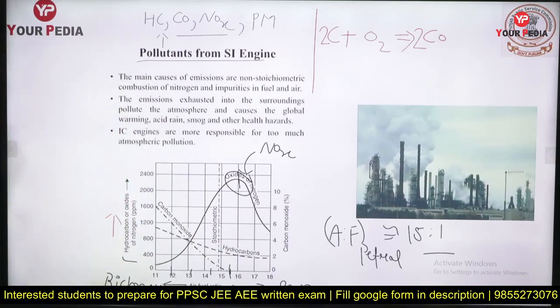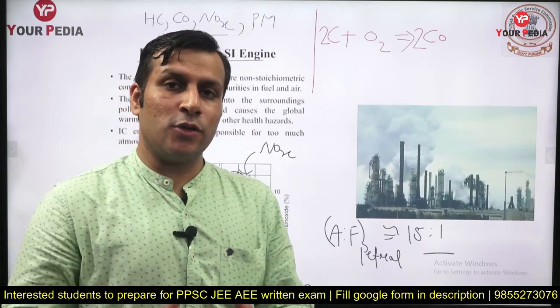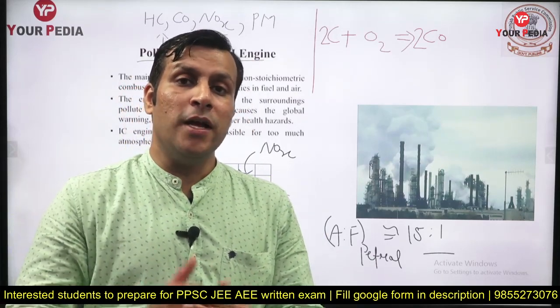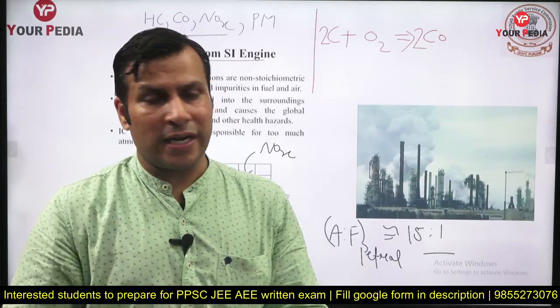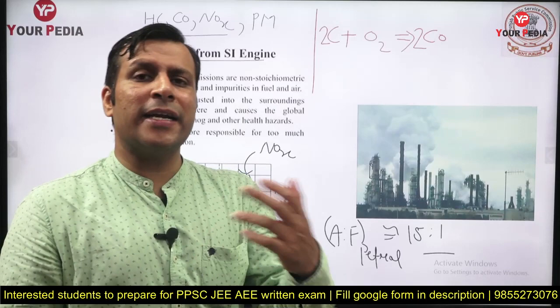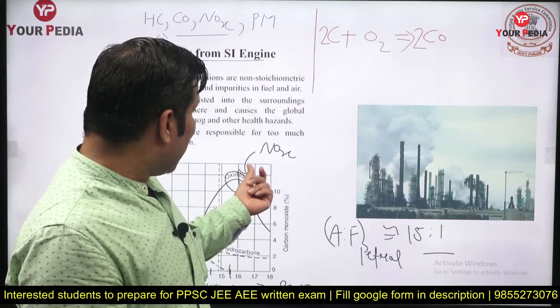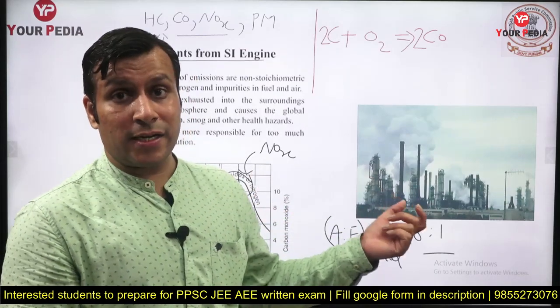Okay, so I hope, guys, you got the idea of what NOx formation is. NOx is nothing but a kind of reaction. NOx, nitrous oxide, is going to form when nitrogen and oxygen react. Why am I writing it as NOx only? Because you can get NO2 also, you can get NO also, you can get NO3 also. It depends, so that's why we generally write it as NOx, nitrous oxide formation.